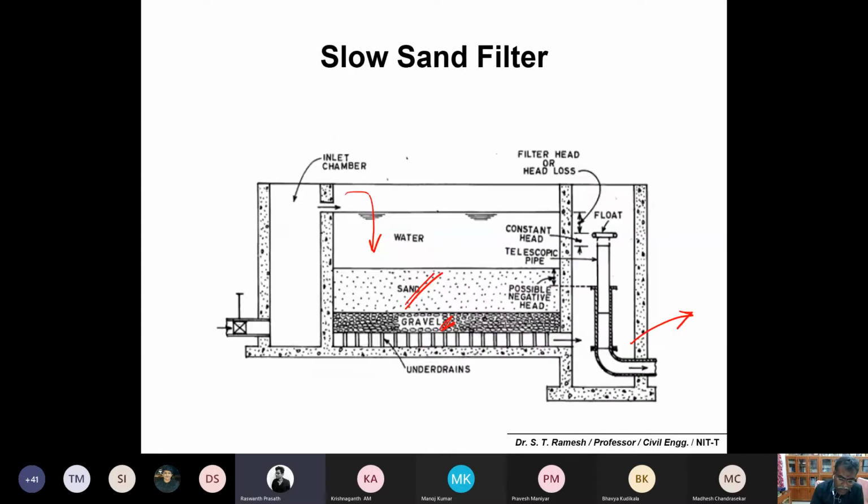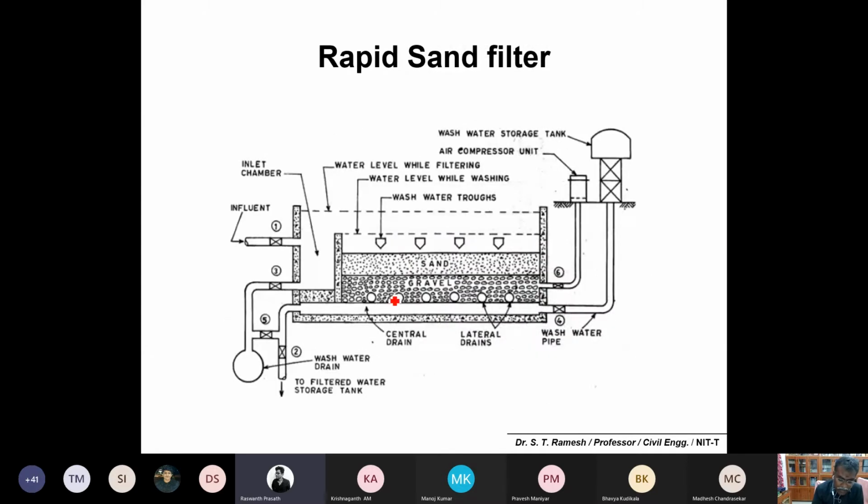In the case of the rapid sand filter, you can also see the gravel and sand layers, and the wash water troughs. The wash water troughs, which I showed you in the three-dimensional diagram, collect the backwash water. During operation, water flows downwards, and during cleaning, we allow the water to pass in an upflow movement. Because of the high velocity of water, it takes away all the solids, and the bed also rises, and the muddy water is collected through these wash water troughs for further treatment. This is about rapid sand filter operations.